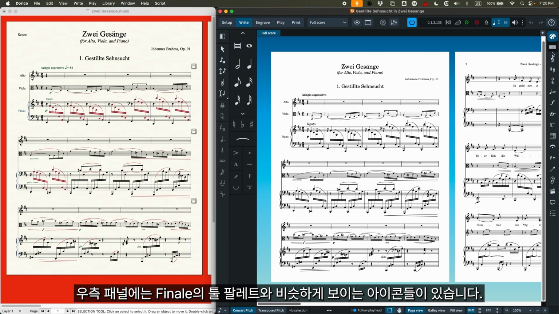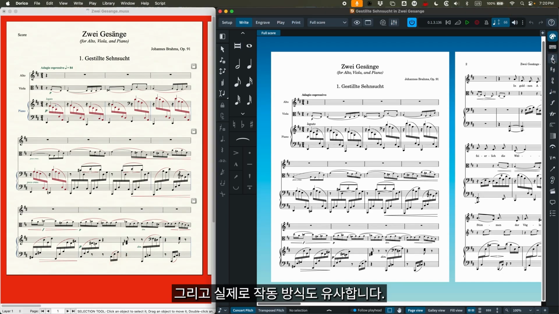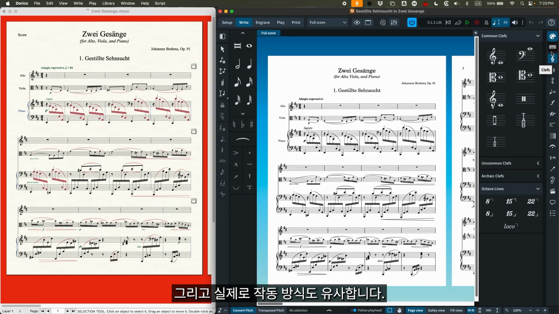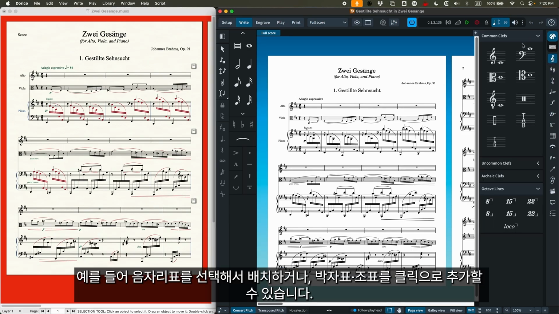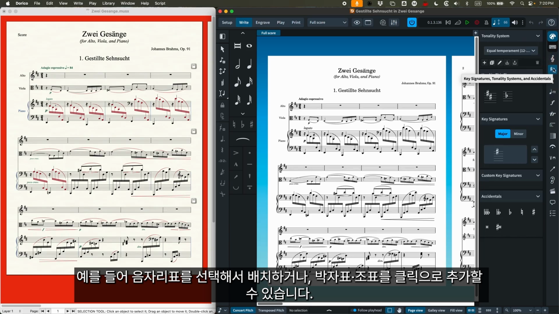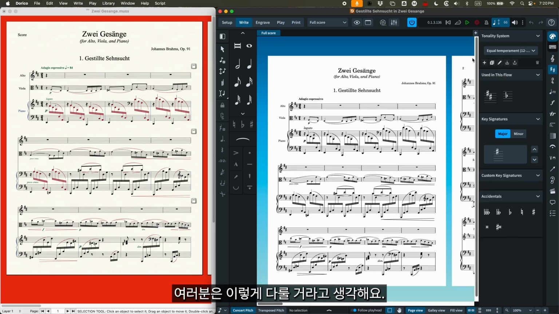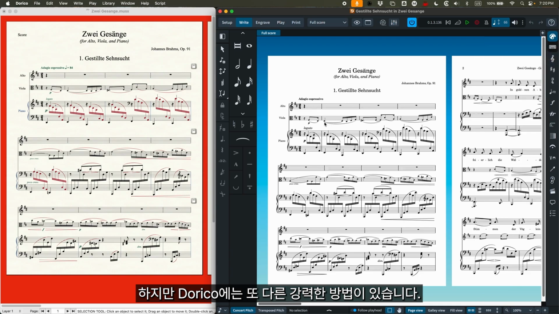Now, in the right panel, you have a bunch of things that look similar to Finale's tools, and indeed they do operate the same way. Like you can select the clefs and then add the clefs by clicking these options, or the time signatures or the key signatures, etc., right? You can absolutely do that, but the other way that we add items in Dorico is through a system of